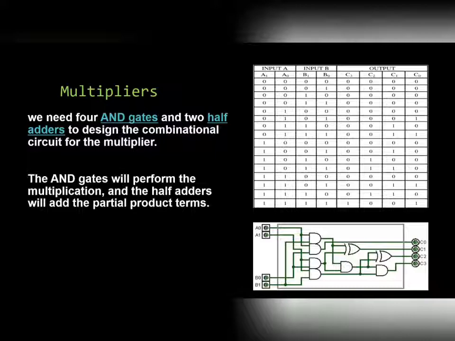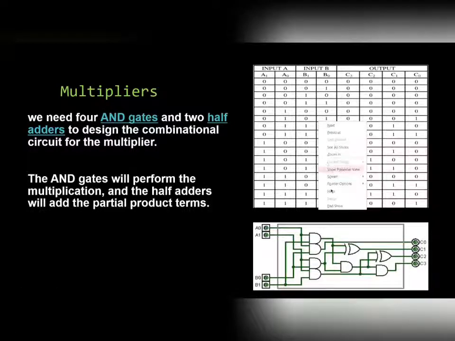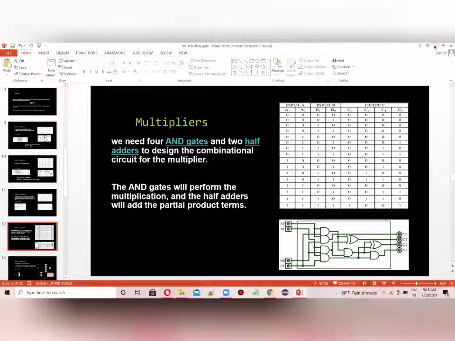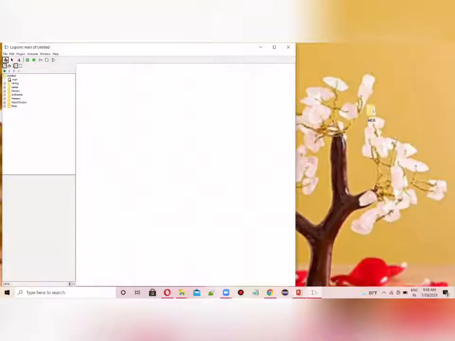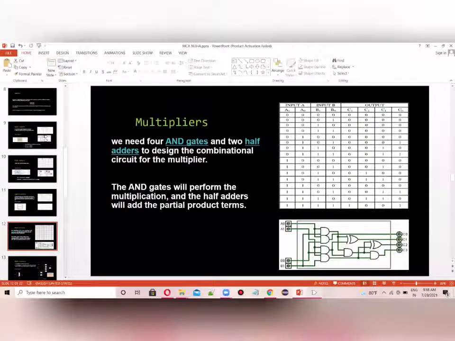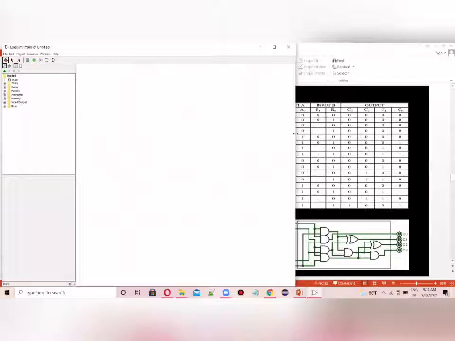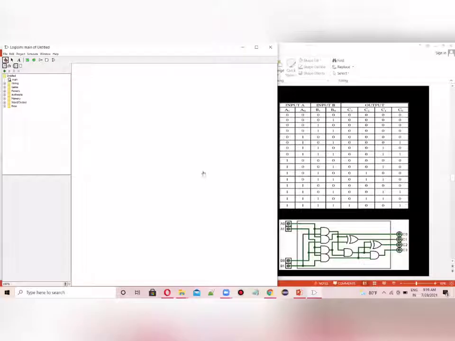Now I'll simulate this by using a simulation tool I have chosen. As I have already told you in my previous videos, I have chosen Logisim. So let's do our practical by using Logisim. So I'll end this show now, and let's switch on this. Now, okay, now you can see that. Now let's take the both parallelly, so that's easy for us to draw by seeing that, so we won't make any mistakes. Now it's done.